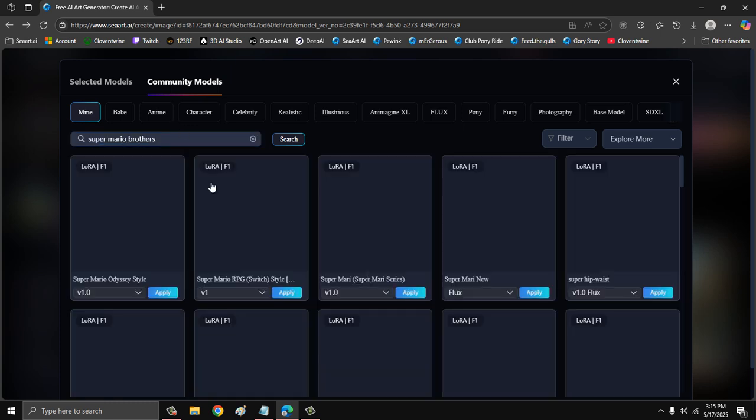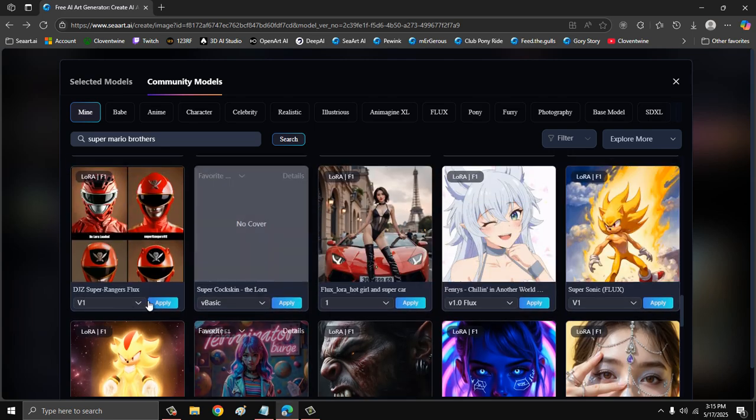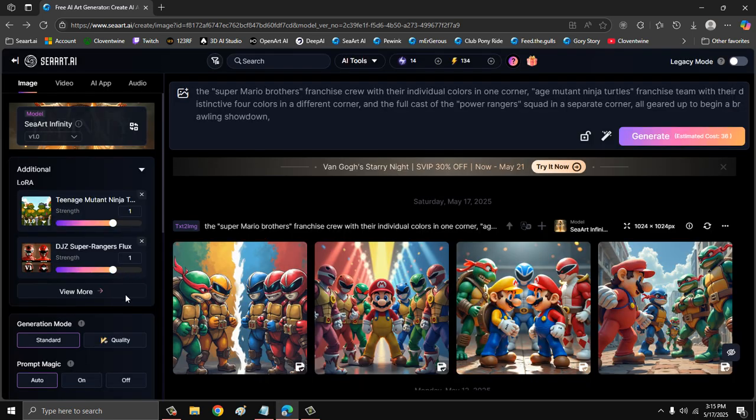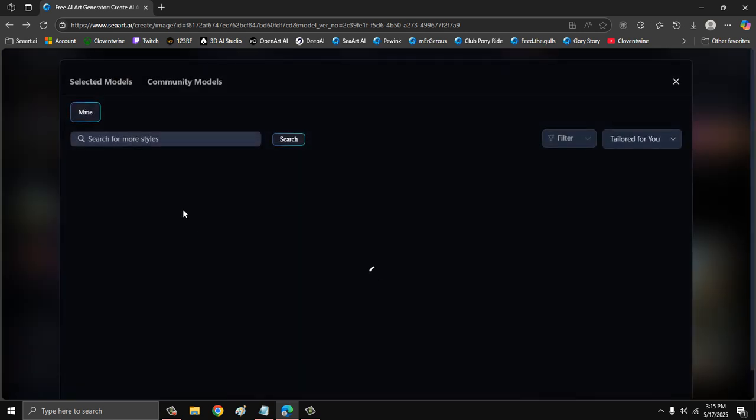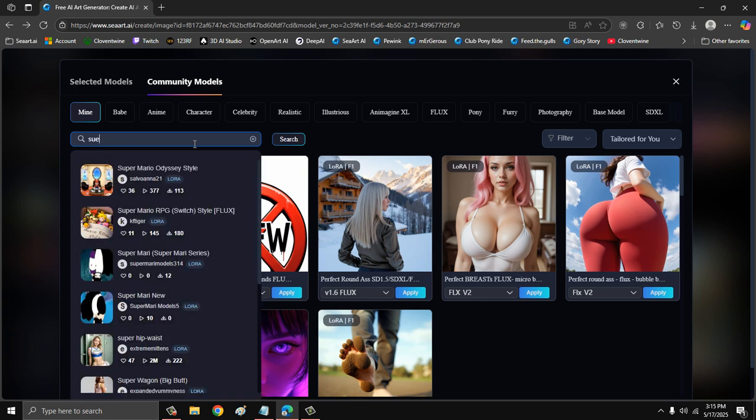Let's do this for now. Hopefully there's a Super Mario. Nah, that would be kind of hard to do. Super Rangers Flux. Okay, I'm actually gonna use this just to replace the Power Rangers. Maybe it might possibly lead to, oh, these are neat. Might lead to good results here. Let's see. So that was for the Power Rangers. There's also going to be